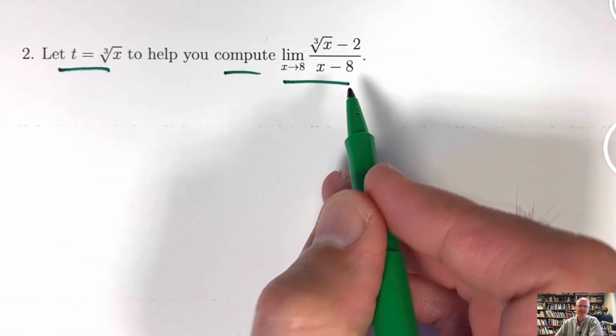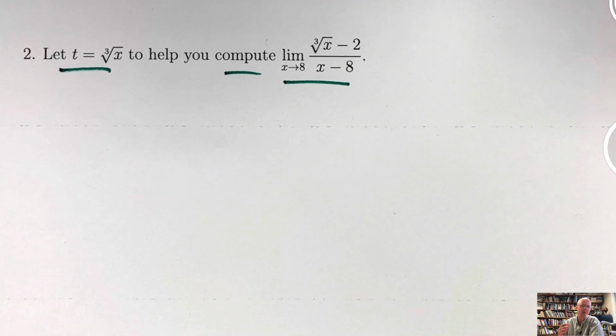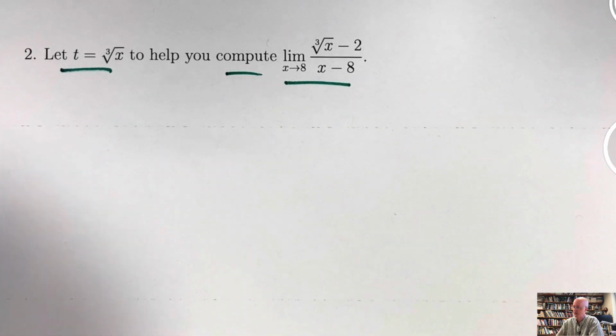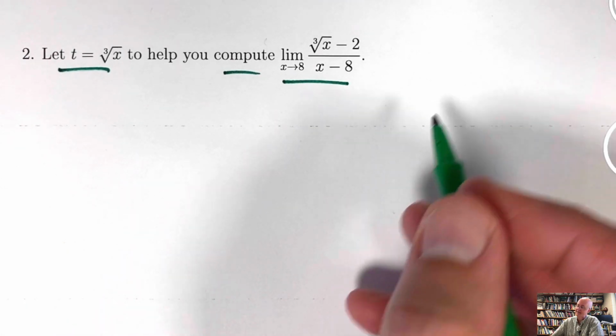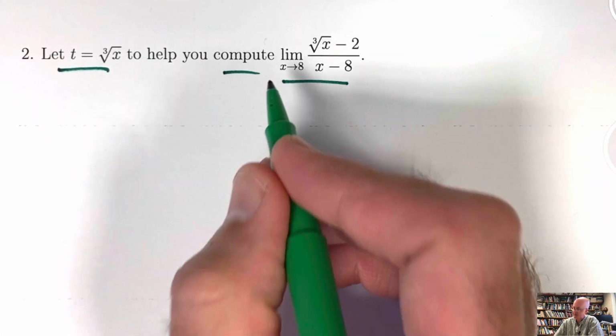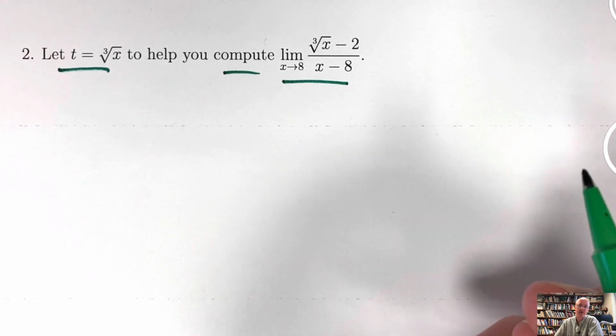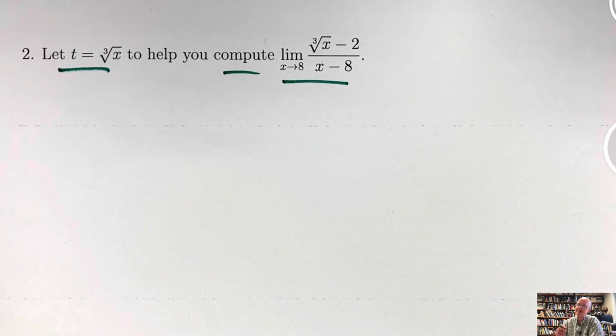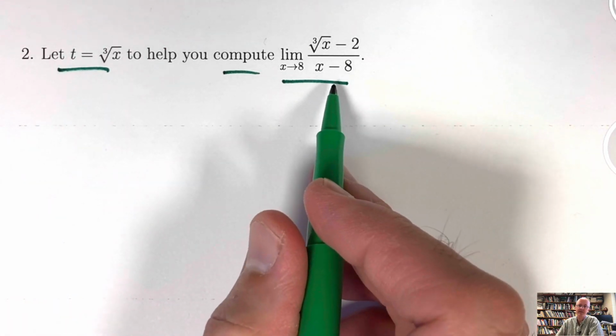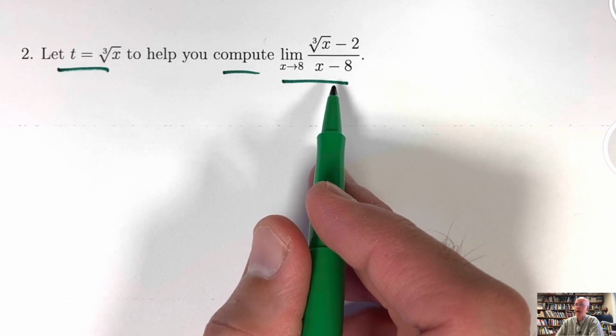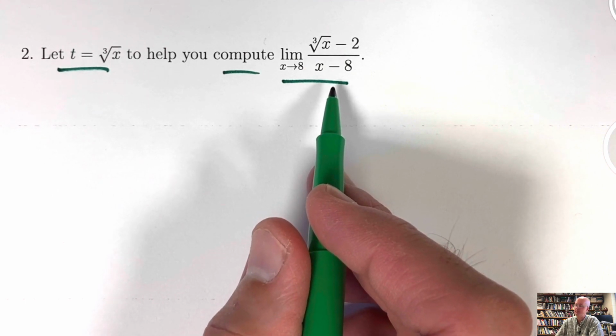By the way, dividing by 0 often leads to limits not existing, leads to what you might call vertical asymptotes if you graph the function. If the top goes to 0, though, as x goes to 8, which it does because the cube root of 8 is 2, then you don't necessarily have a vertical asymptote for the graph of this function. You have what might be called a removable discontinuity that can be removed by